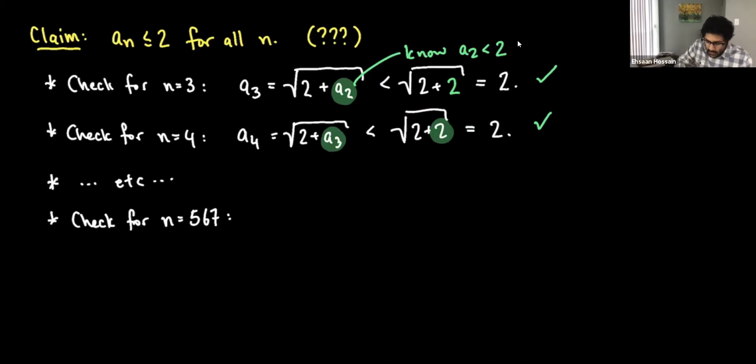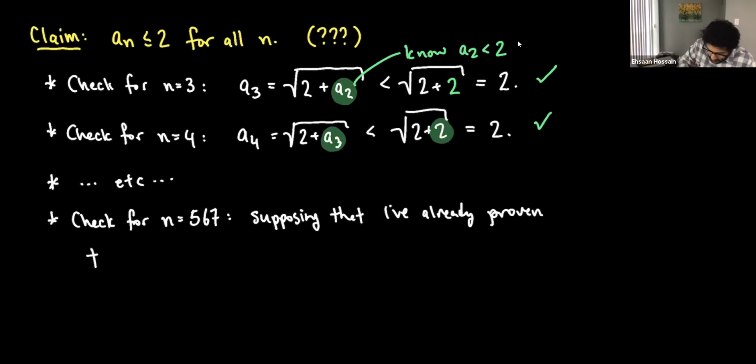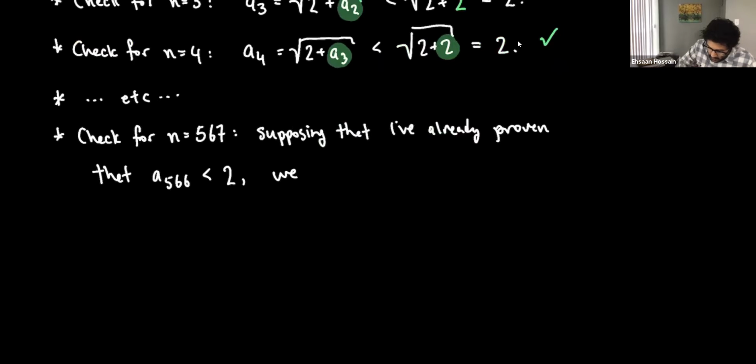What I would do is assume that I've already proven the previous ones. So supposing that I've already proven that A566 is less than 2, we can calculate